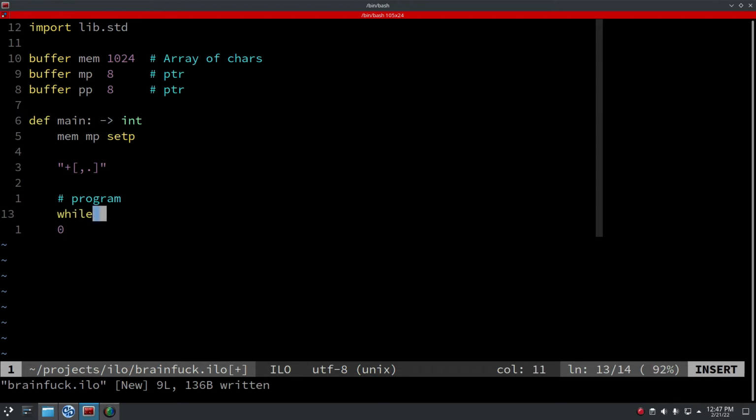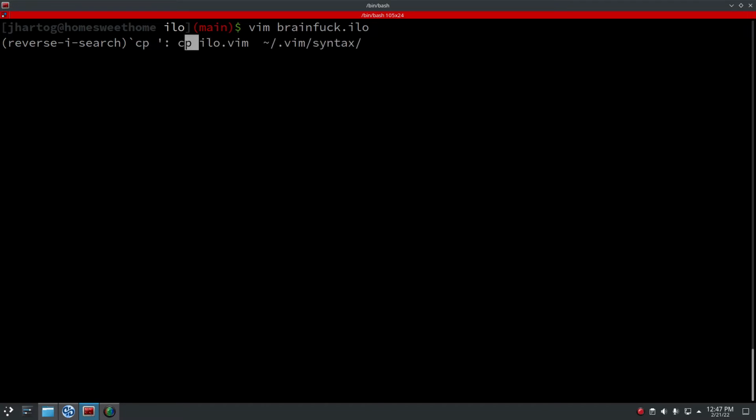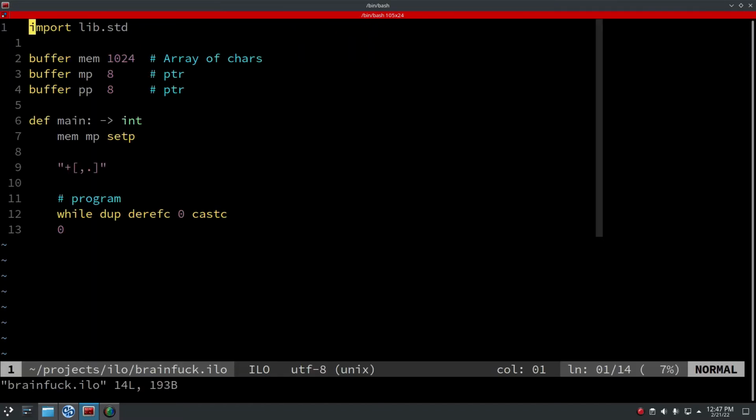So while the character it points at, I think I need an updated syntax. Okay, so we take the character we point at in the program, and we check if it's 0. And while it's not 0, so we're not at the end of the program, we want to check